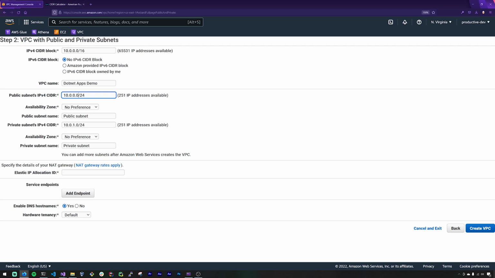So, for instance, IP address 10.0.0.0/24 gives us technically 256 IP addresses. Now, you'll see 251 IP addresses here to make this a little bit confusing. AWS actually reserves 5 addresses from any subnet for its own purposes, and this includes for things like reserving the